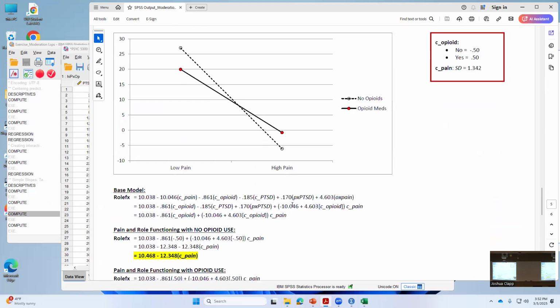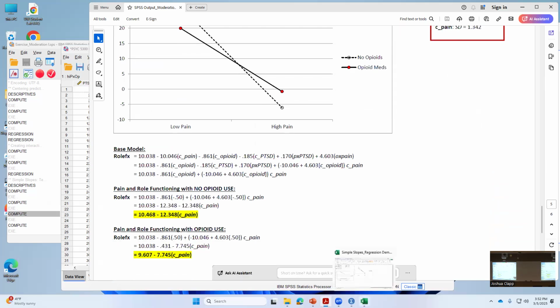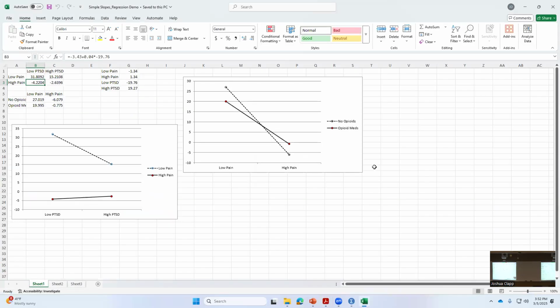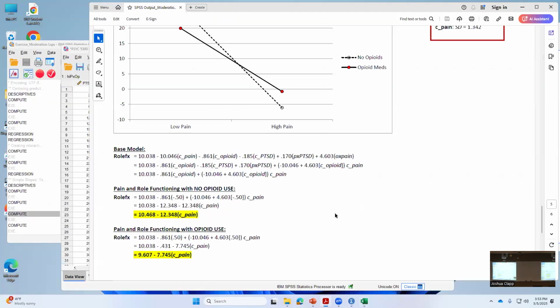So now what about this? We also restructured our equation to look at the conditional effect, the unique effect of pain on outcome, for people who were and were not using opiates. Same thing here. I've got my simple slopes and plotted these out. Done all that stuff. The issue is, what I still don't have is a test of p-values associated with